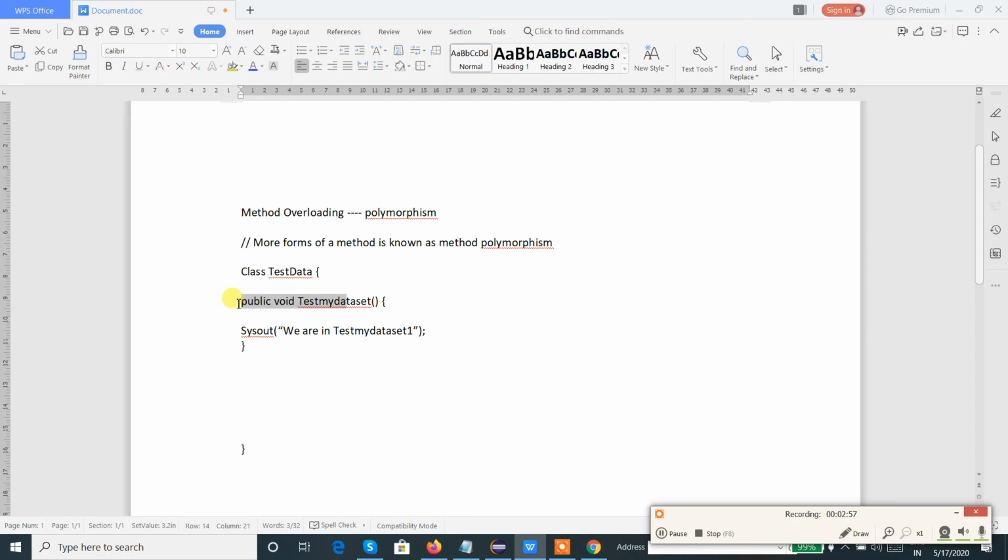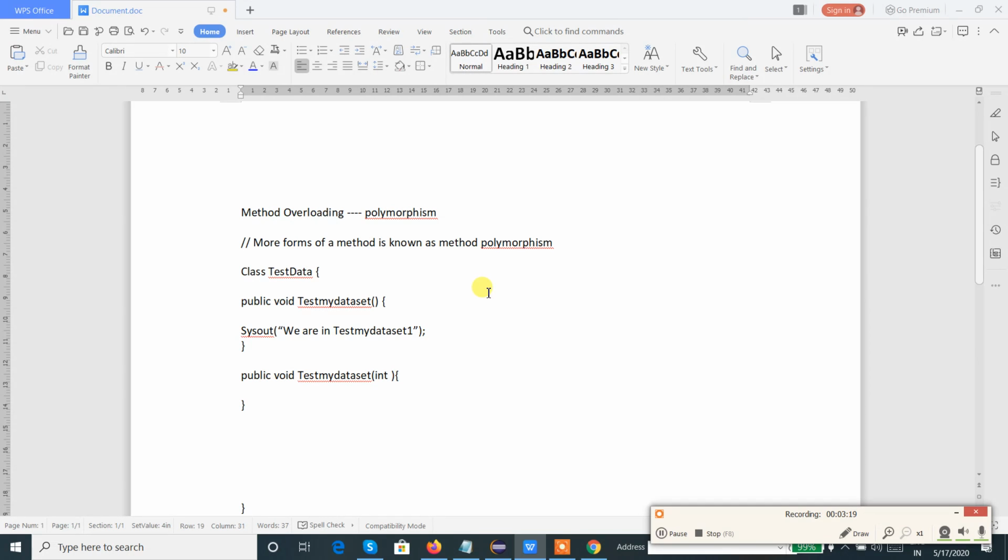As we are trying to overload the method, overloading the method means the same method can be used for different purposes by providing different definitions and different parameters inside it. So, the first method has no parameter.